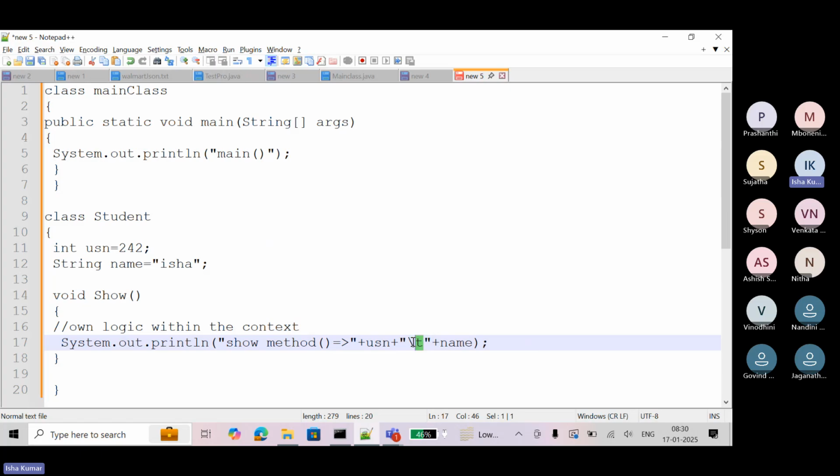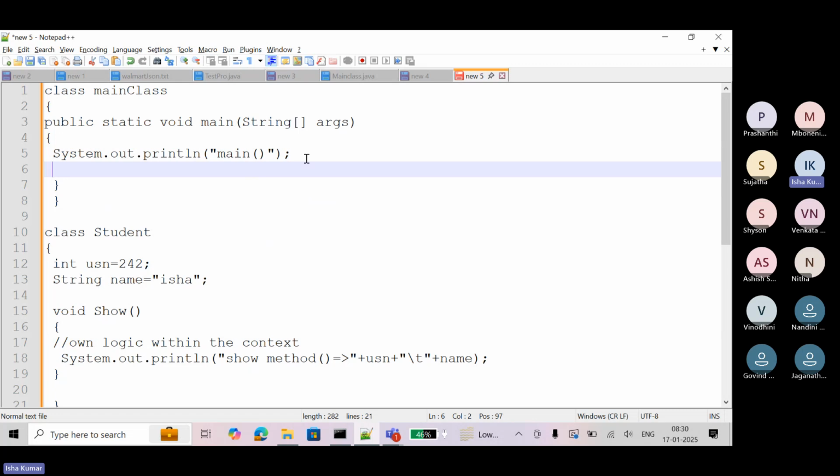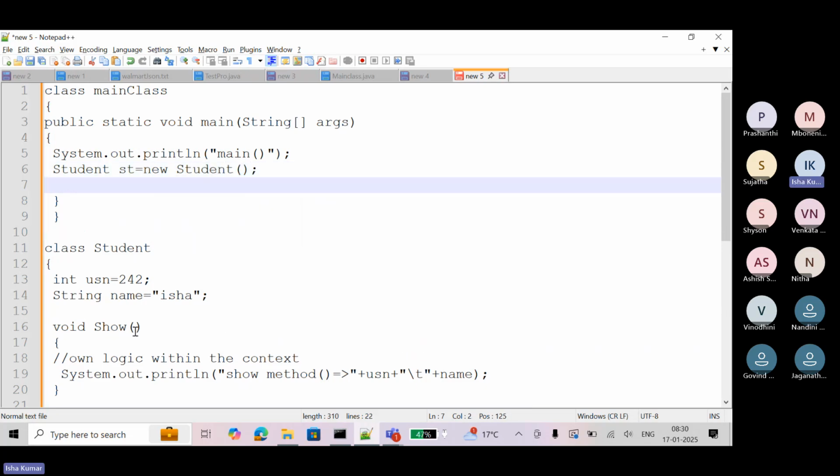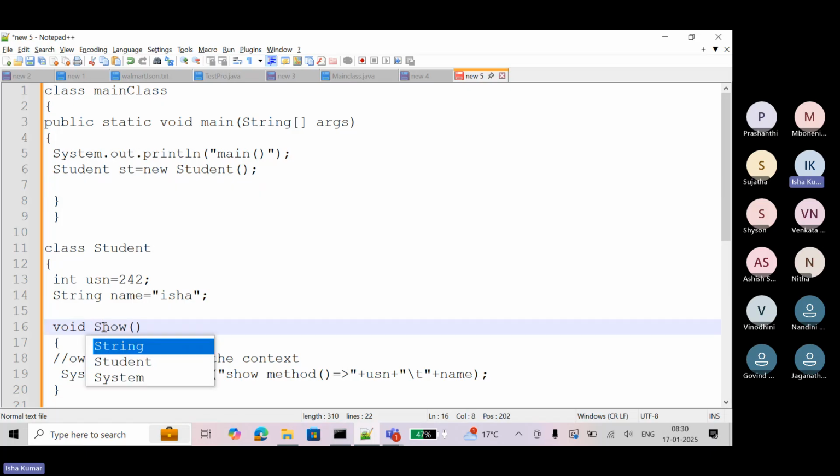So here, see, this is one method. First of all, to load this class, you have to create an object. And now you have to call this method. So how to call?